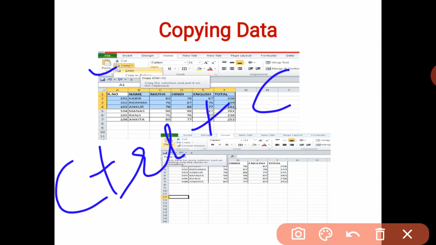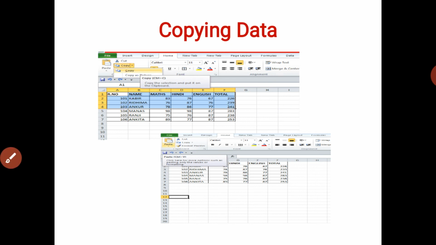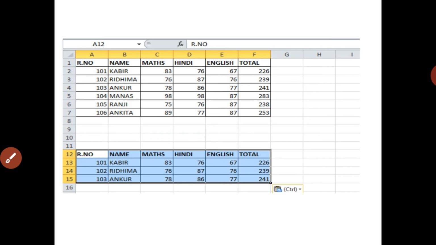Directly you can select this option, and wherever you want to paste that copied data, you need to select a particular cell, and after that either you can again press the shortcut key Ctrl+V, or here we have the Paste option, right? When you press this option or this key, the data will appear in this area. It means the data that you copied from this particular sheet will appear on your same sheet, right?